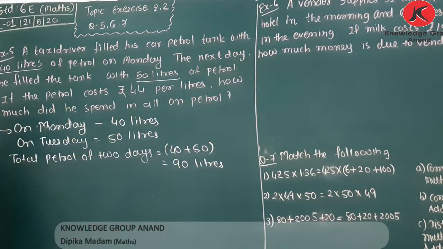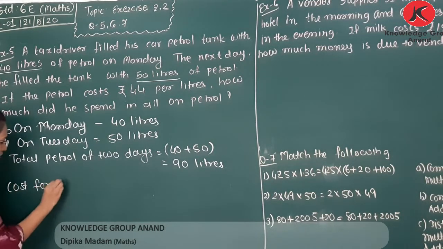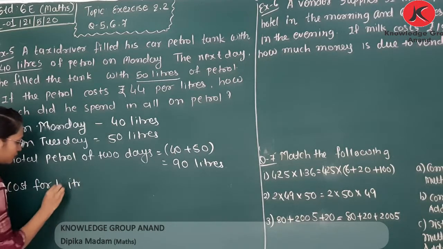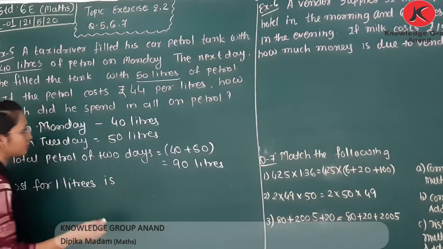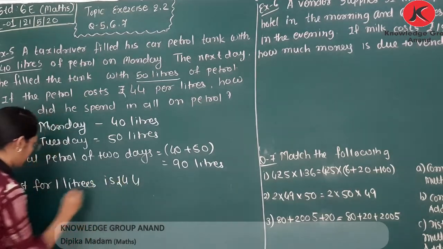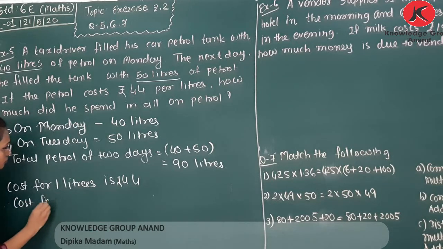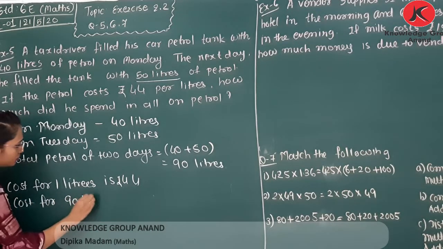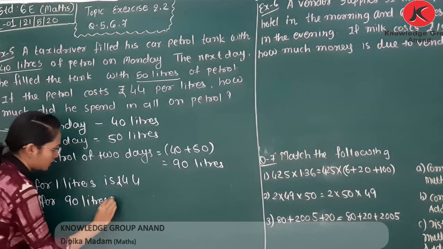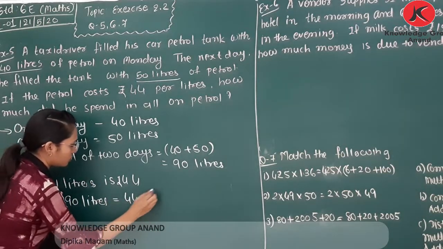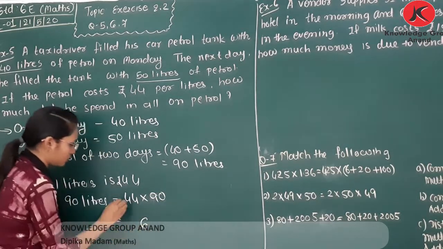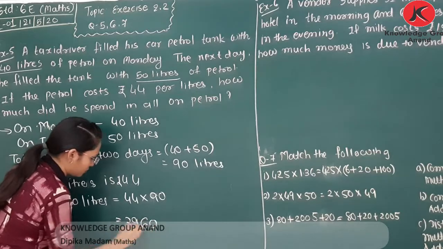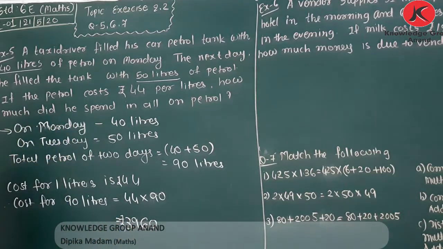Okay, we found the total petrol in 2 days. Cost for 1 liter is 44 rupees. So the cost of 90 liters is equal to 44 into 90. We multiply this. So total cost for 2 days is